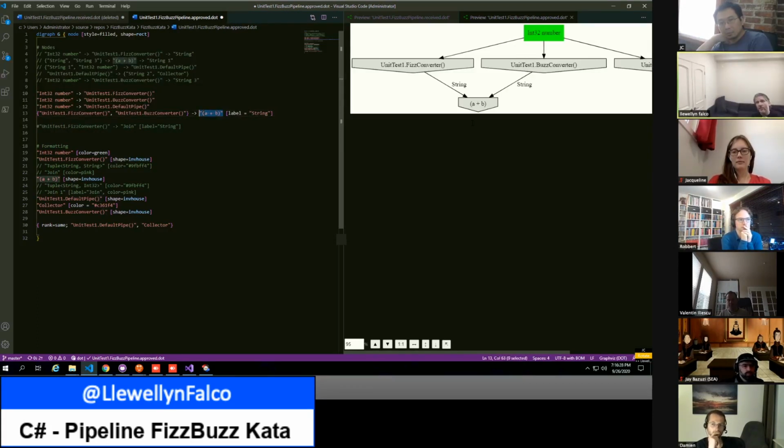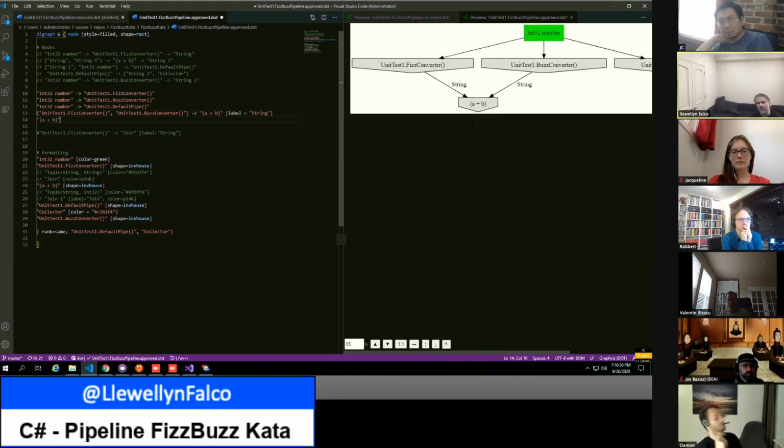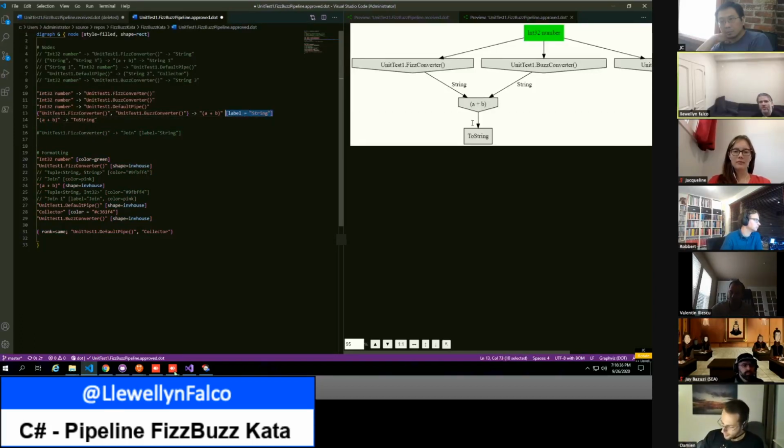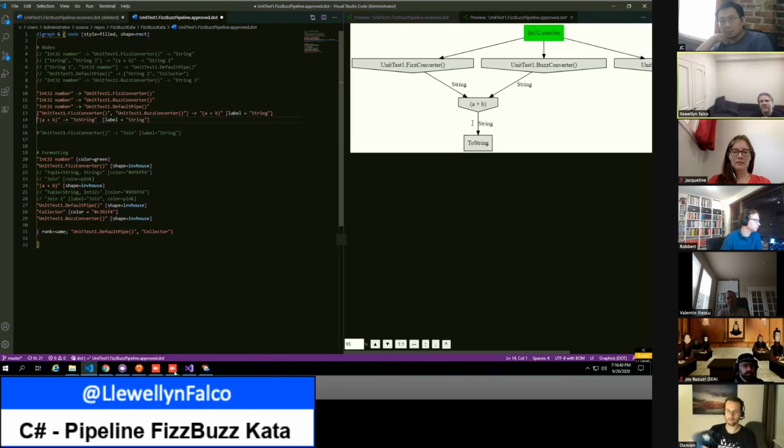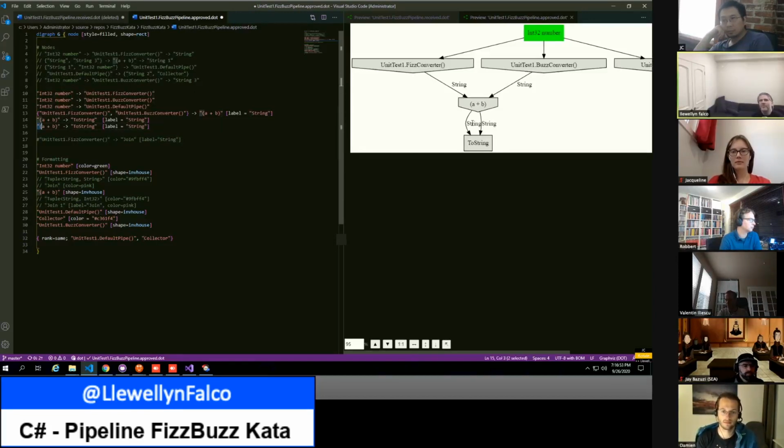The pipelines are really data flowing through a process. But basically, you don't need approvals to do this at all. You could just open up a VizGraph document, and you don't even need a name on this file. You just open up a new document in VS Code and visualize it, or you could do this in PowerPoint. The thing is, we're sketching on a whiteboard. We're just sketching out the flow.